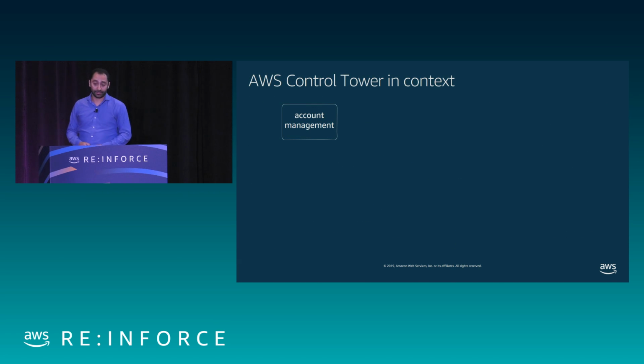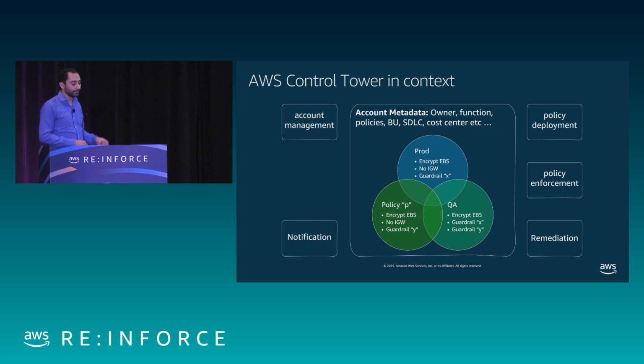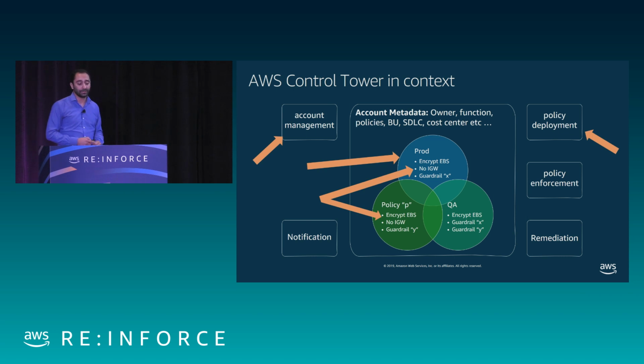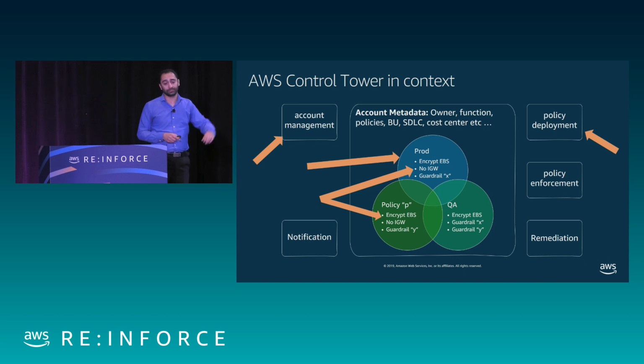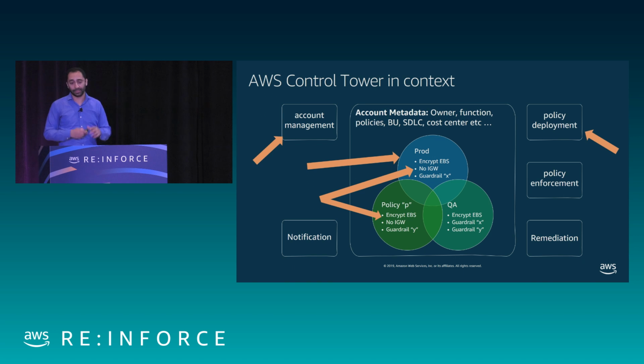So let's look at it in context. Similar diagram to before. We've got all of this metadata stuff, everything that we have, policy deployment, remediation, and again, similar things that it takes care of. It has a dashboard, but I don't have a reporting dashboard on here. That'll be for the next version of the presentation. But similar concept. You still have to think about the account metadata. How do I know what sits in what account? It also, unlike Landing Zone, starts to take care of that bigger circle, which is a collection of guardrails. Whereas Landing Zone does individual guardrails, with Control Tower you can define a template around a set of guardrails and start making use of that, which we call a blueprint.